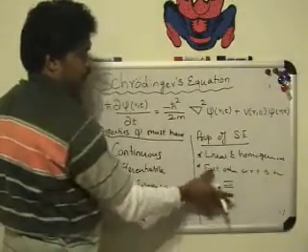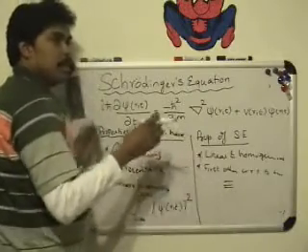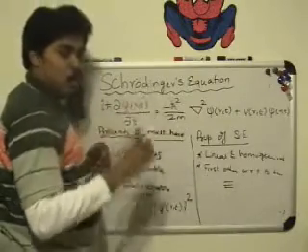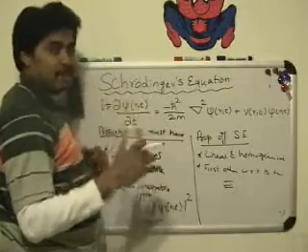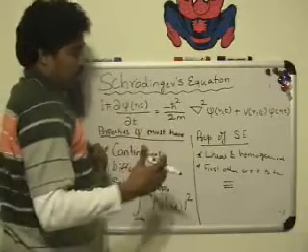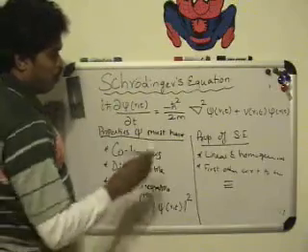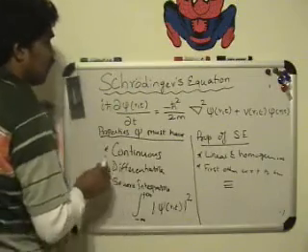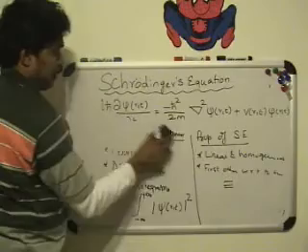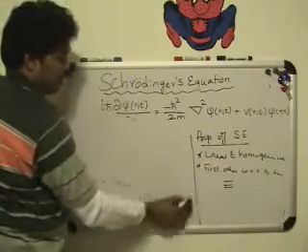So this basically gives the state of a system if you know the state of the system at time equal to 0. So these are the two major properties of Schrodinger's equation, and let me expand on the first property,